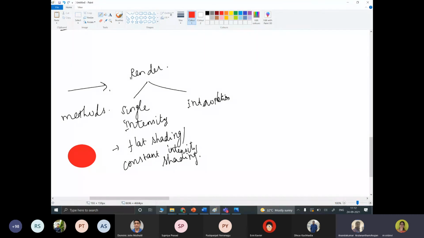When it comes to interpolation, we are not just filling with a particular color as in the case of single intensity. With interpolation, we take a particular point x, y and from this point we try to find out the color or intensity value for the other points of the object.